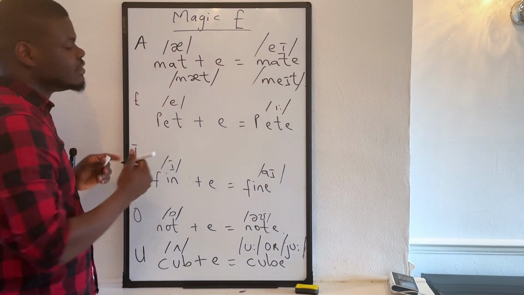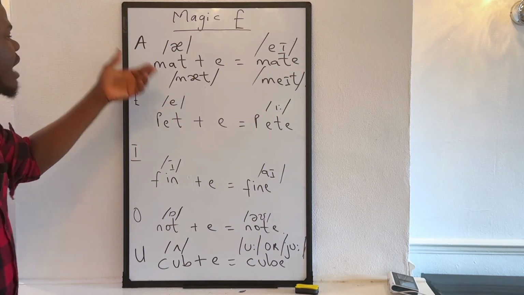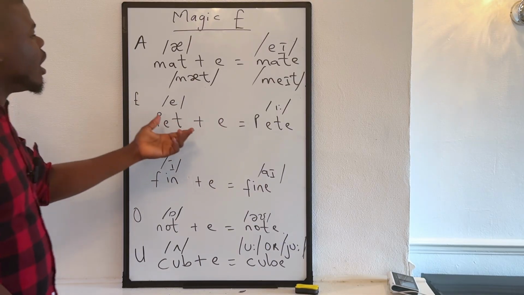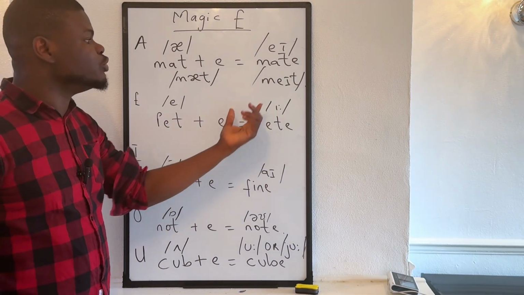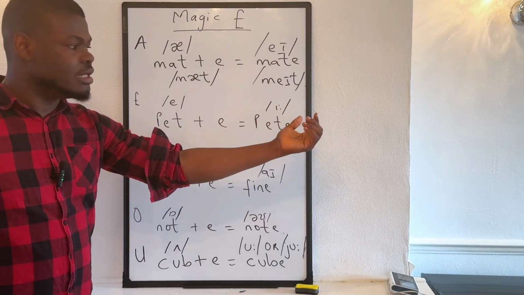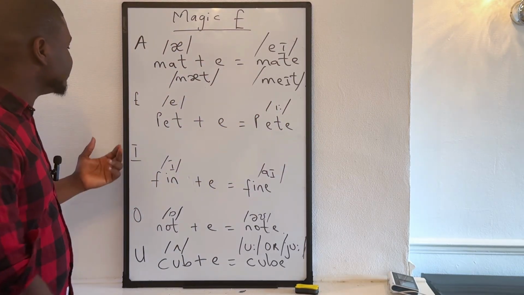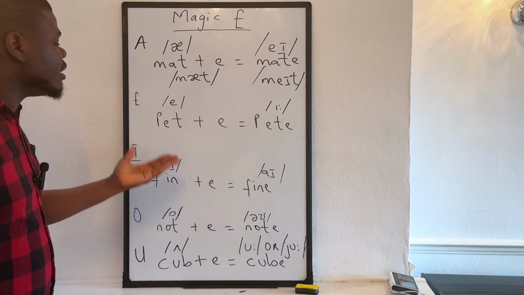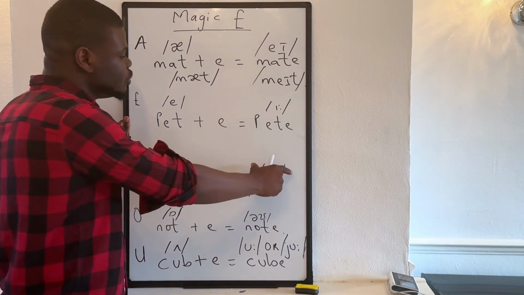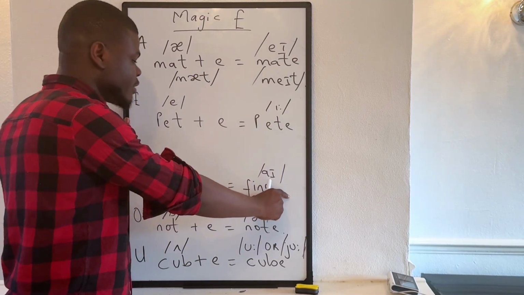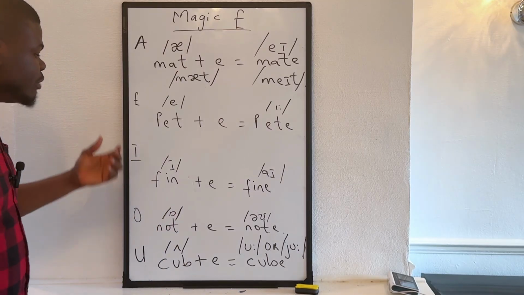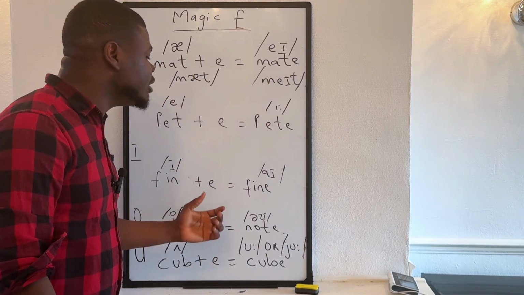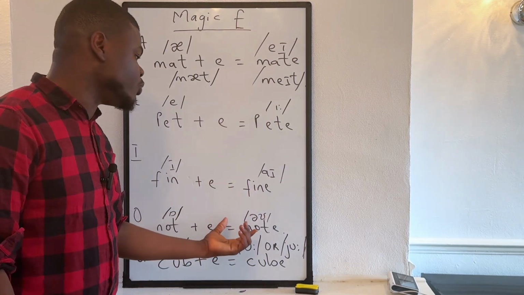So mat, mate. Letter E sounds eh. That is when you add a consonant sound to it, like pet. But immediately you add the magic E plus the E, it changes to Pete. The E. Yeah? Letter I sounds I before the magic E, and that's where we've got the word fin. But immediately you add the magic E, it changes to I. Fine. Letter O sounds O before the magic E, and that's why we've got the word not. But immediately you add a magic E to it, it changes to O,